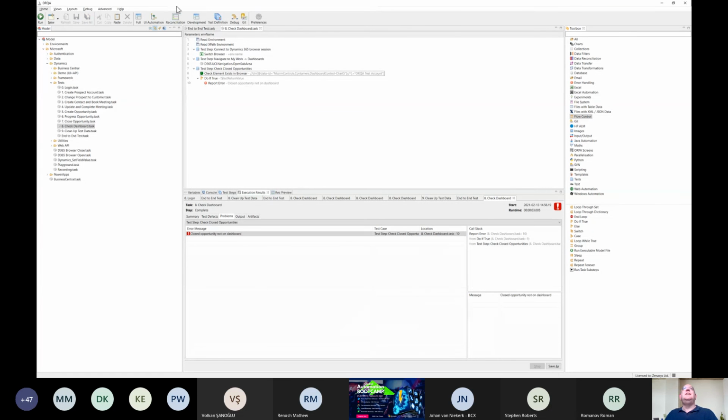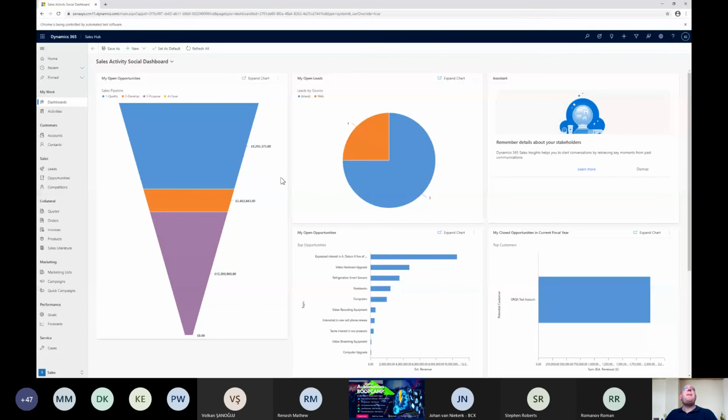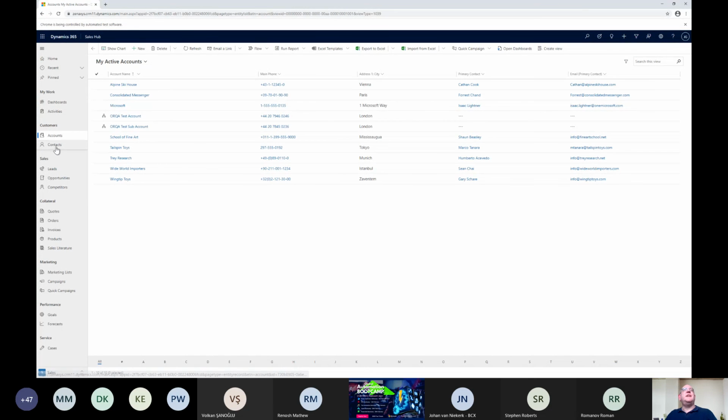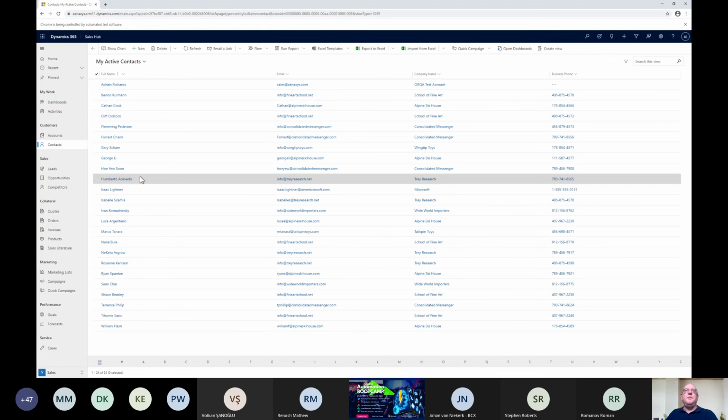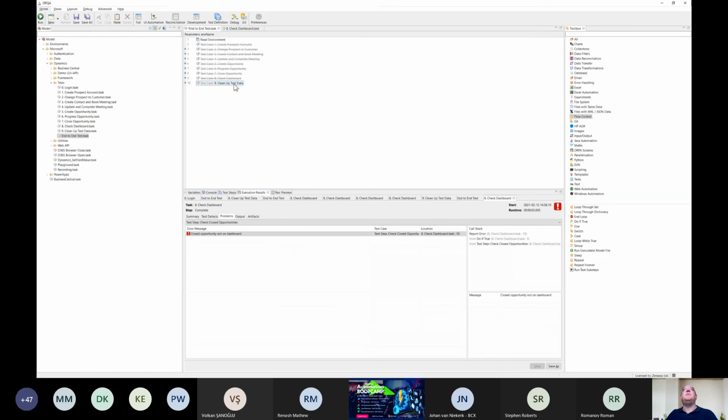Do that change. And if we look at the last thing to do, I'll disable all of those bits because we don't want to run them again. The last part, we're going to clean up the test data. So at the moment, we've got our Orca accounts and we've got our contact, Adrian Richards here. And actually, we want to leave the environment nice and clean and put it back where we started. So if I run this last one,